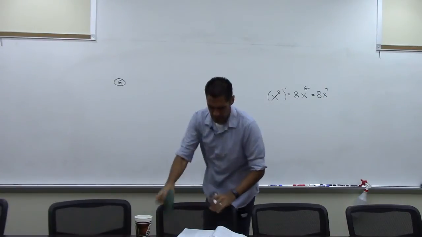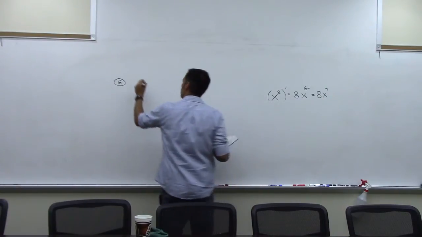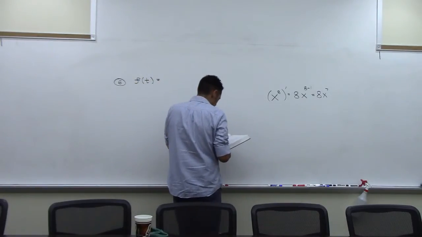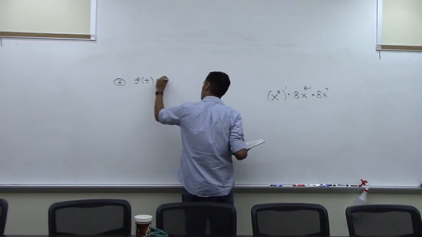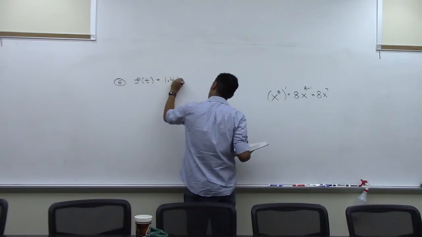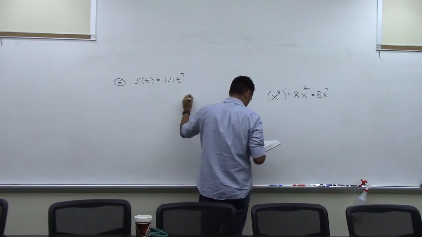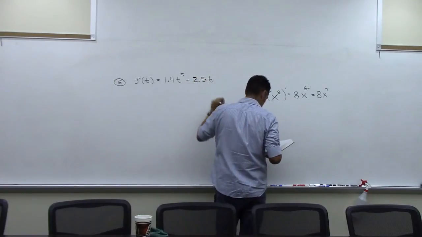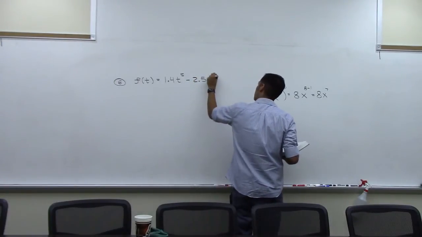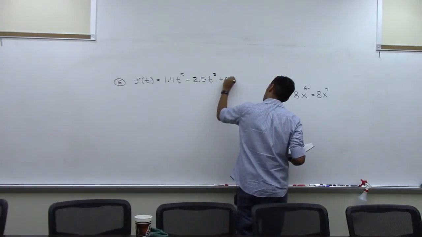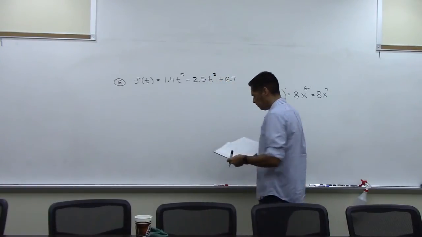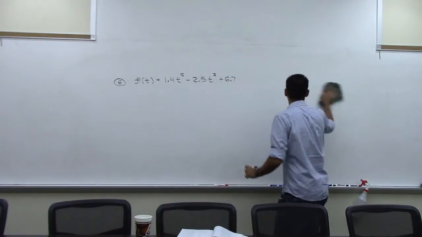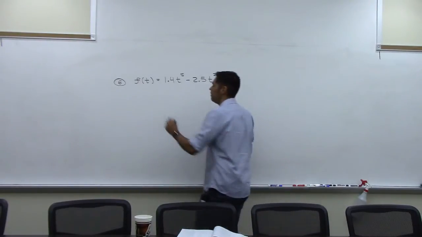Okay, f of t equals 1.4 t to the fifth minus 2.5 t to the second plus 6.7. We're asked to differentiate the function. So we're going to try to find the derivative